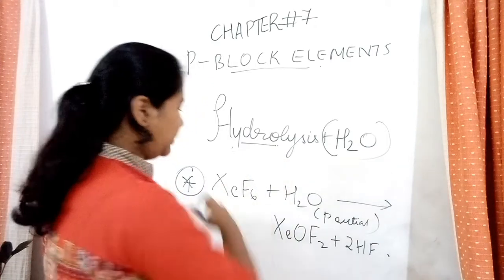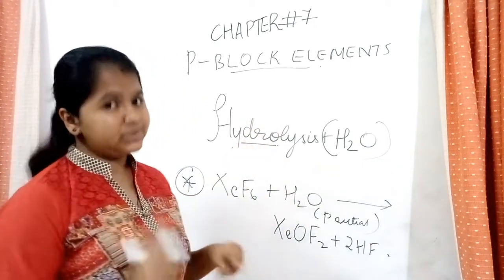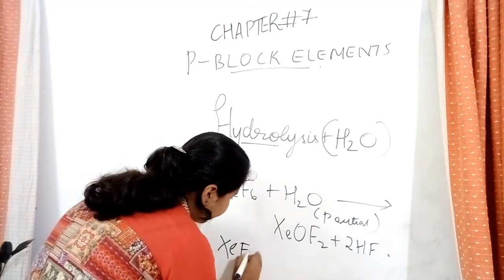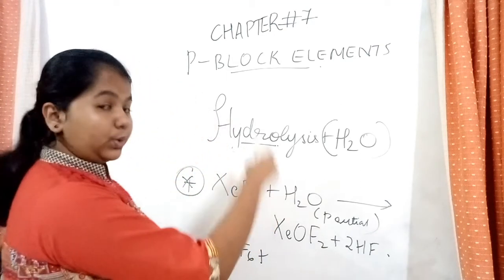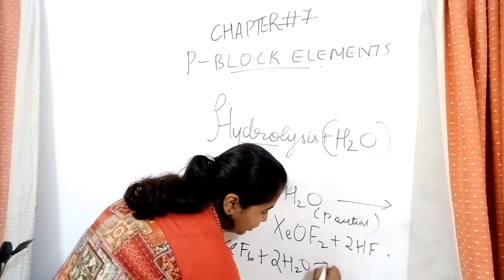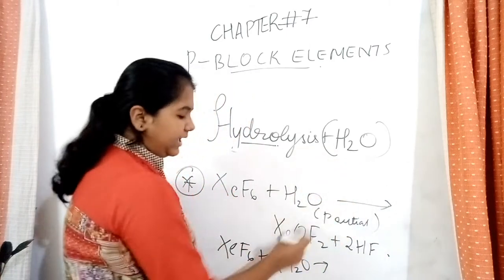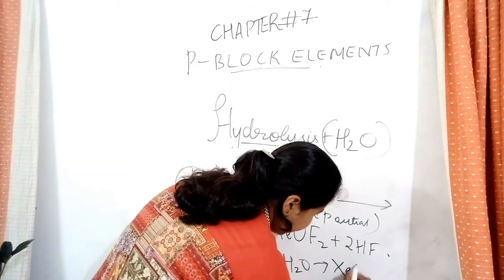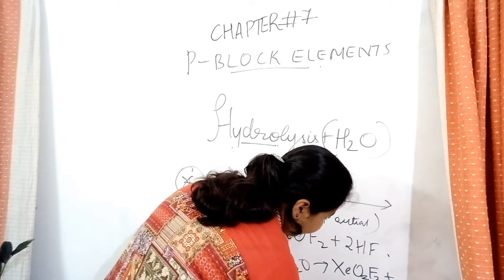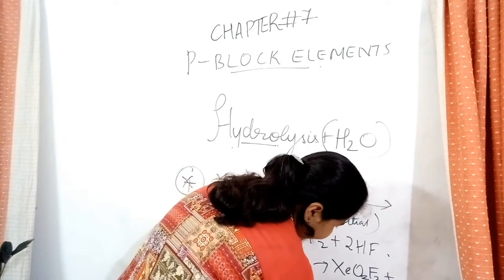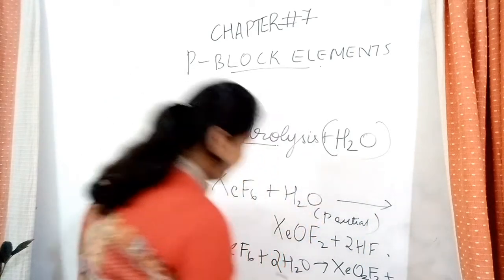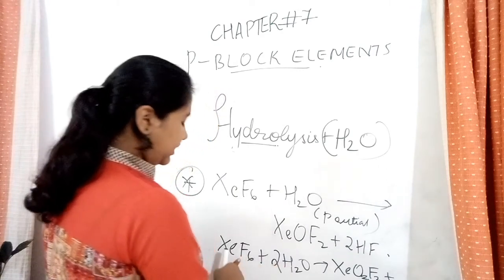Also this can undergo hydrolysis and form XeO2F2. So let's see how that is. We have to balance all these equations. Before that, let's see the next equation: XeF6 plus, over here what did we take? We took only one H2O. Now 2H2O is what we take. We would get the same thing except that there is XeO2F2 plus 4HF. When you balance that, this would become 4HF because there is 4, and over here there is 6.